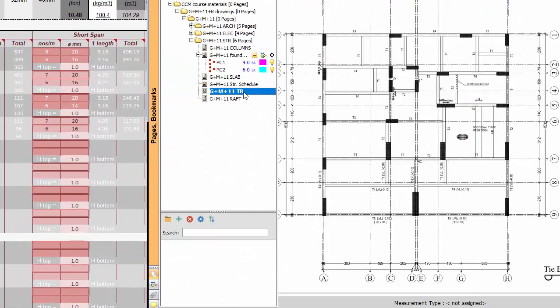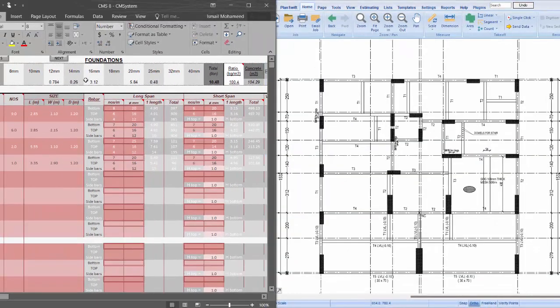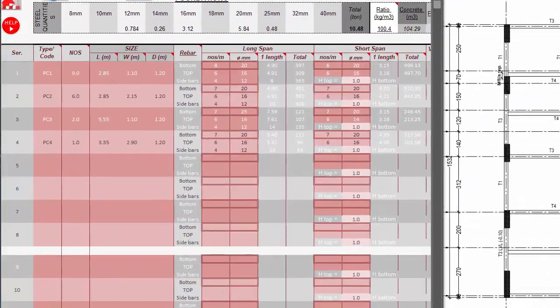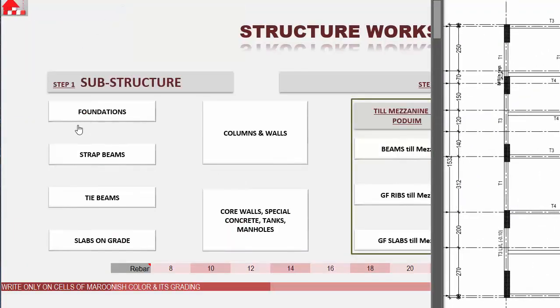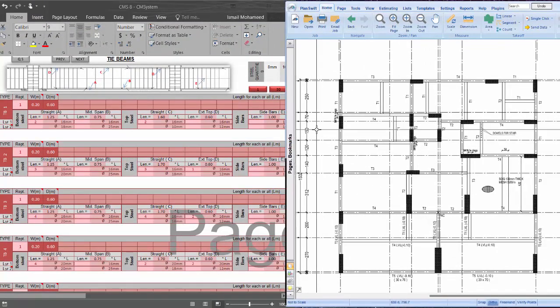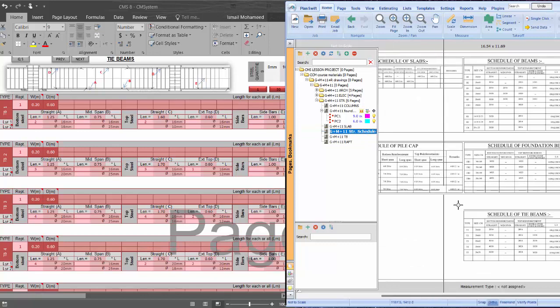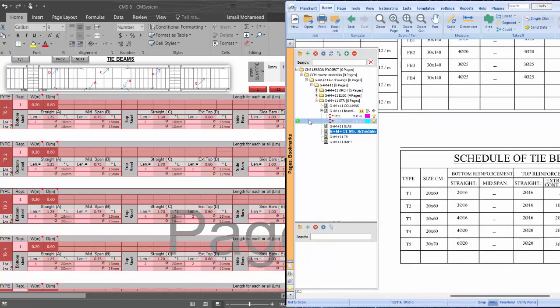Let's take the tie beams. The tie beams are the beams which connect all the columns together on the ground floor level. Let's choose the tie beam from CMS. Again, what we need to do to introduce the tie beams to CMS is to insert the information of the section for the tie beam, also from the structure schedule. Here you have the tie beam,